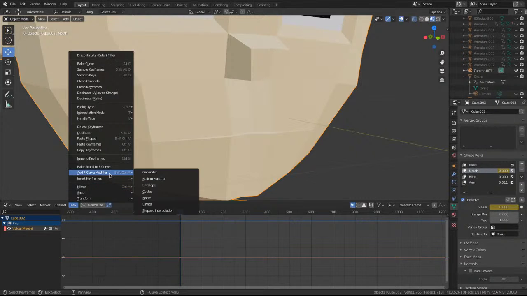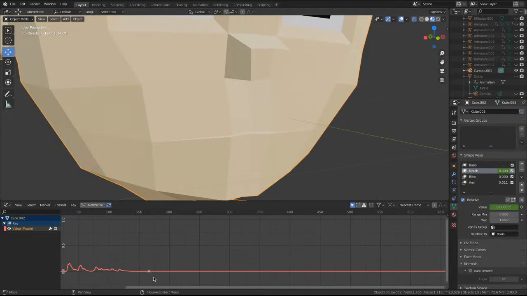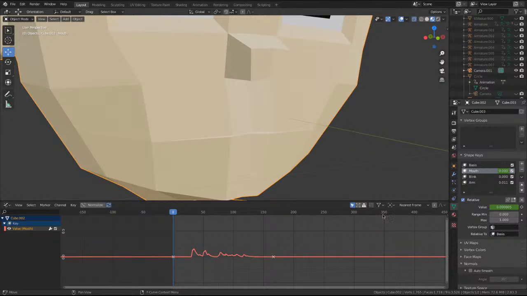Key, bake sound to curve. That's it. Here, and we want to use this sound. And that's it there. So if you wanted to have the sound later on in the animation, it'll start from wherever your playhead is here. And maybe you can even move it. Maybe not. It'll go by where this is here. And then when you play,